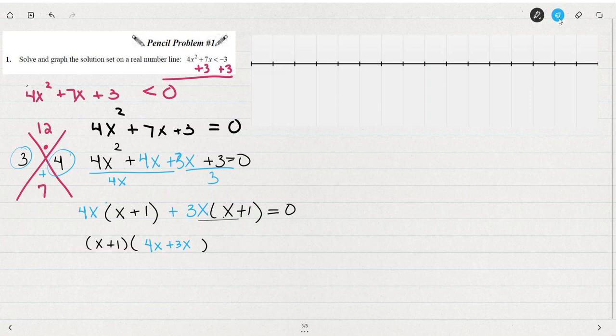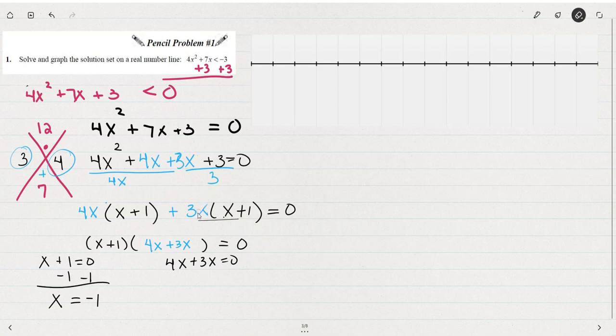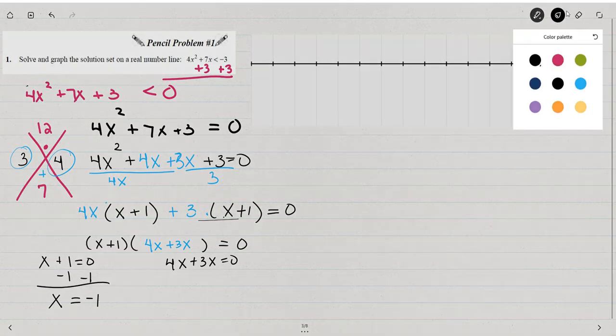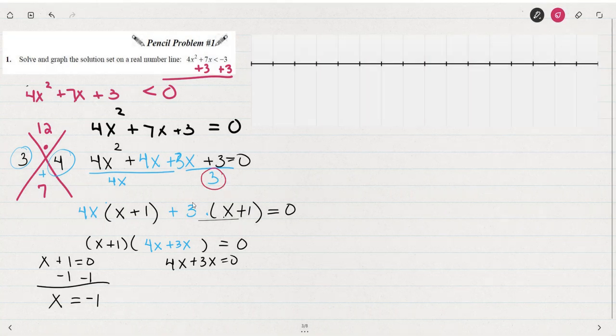And once I have this factored, I can solve the equation by setting each of the two factors to 0. So for x plus 1 equal to 0, I'll subtract 1 from both sides and get x equals negative 1. For 4x plus 3 equals 0, I'm sorry, I wrote 3x. I said 3, but then I wrote 3x. Let me highlight that so you can see that. This number here should have been a 3, right? So we'll get rid of that x there. So we have 4x plus 3